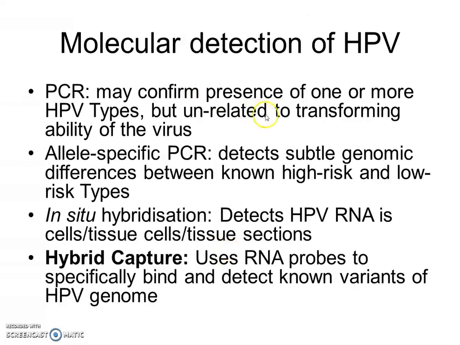So basic PCR, as I mentioned, is not great because it just detects HPV or no HPV. Allele-specific PCR is suitable because it can detect the difference between one high-risk type and the reference sequence, but you have to perform lots of PCRs to identify each of the couple of dozen high-risk types. So it is used. There are allele-specific PCR kits that are routinely used in NHS diagnostics labs,